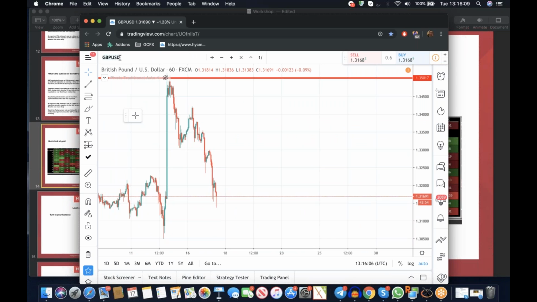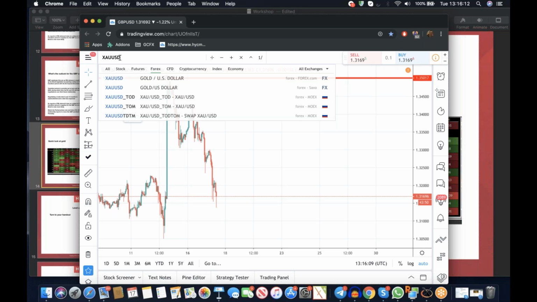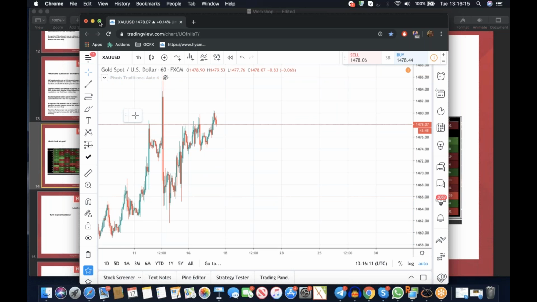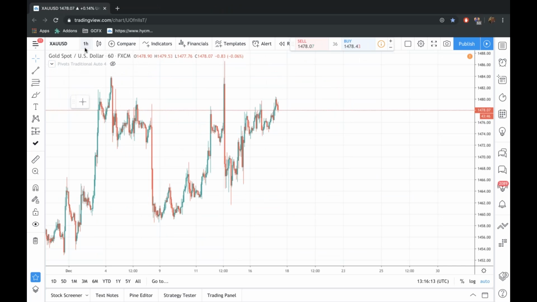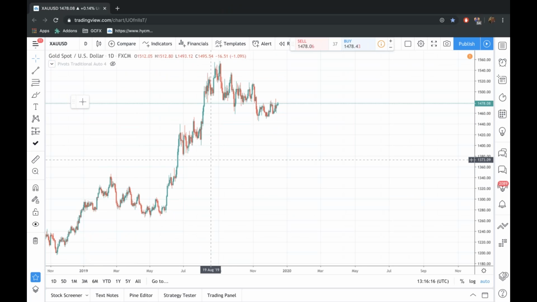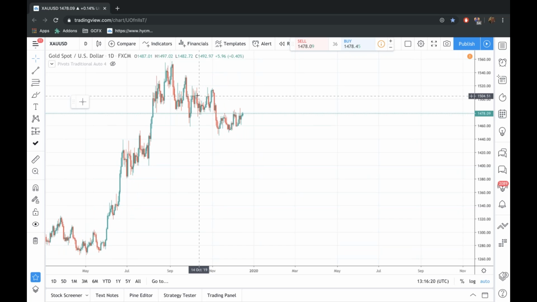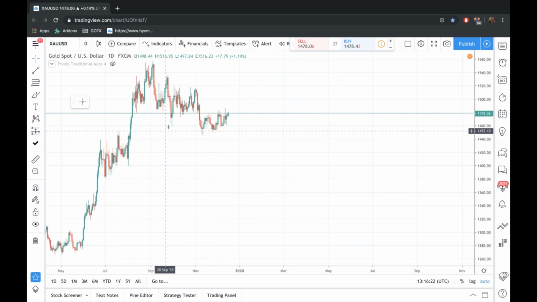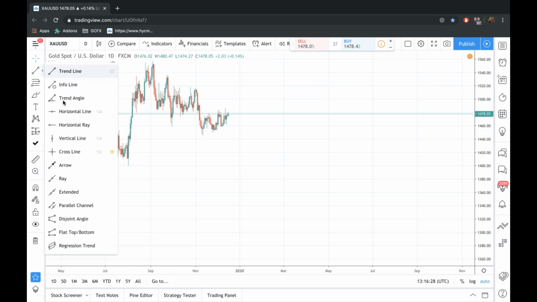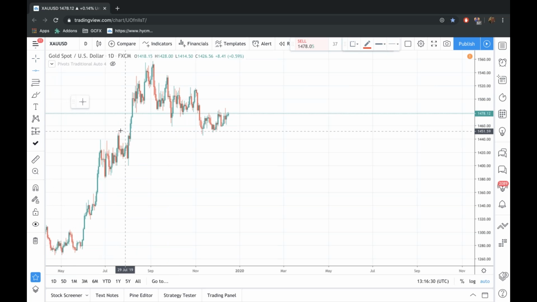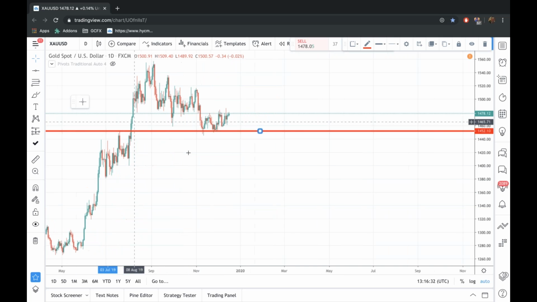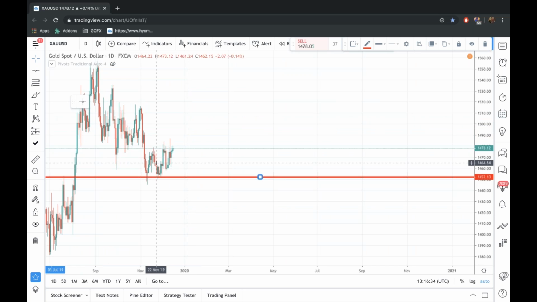But as many of you know, I don't trade simply on technicals. I'm wanting fundamentals and technicals to come together. So as we look at the gold chart, we can see that gold has found support around this 1450 level. Okay, we just draw some horizontal support, and we see that's nice strong support at the 1450 level.